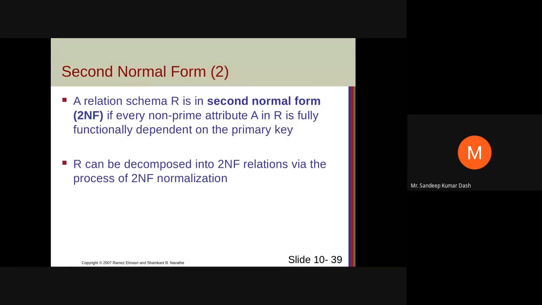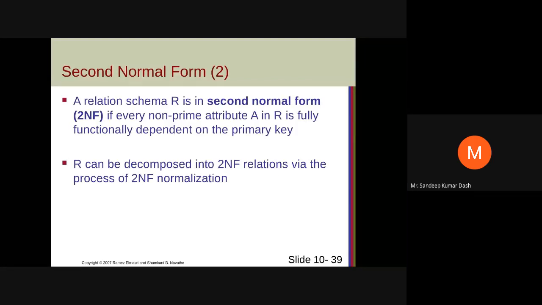If you can remove some attribute from that, then that is a partial functional dependency. That means the dependency of Y on X is partial. But if you cannot remove any attribute from X, then that is full. The dependency is on all the attributes present on the X side. So that was your full functional dependency. That concept is there in second normal form.